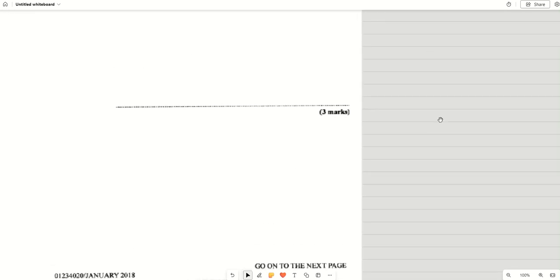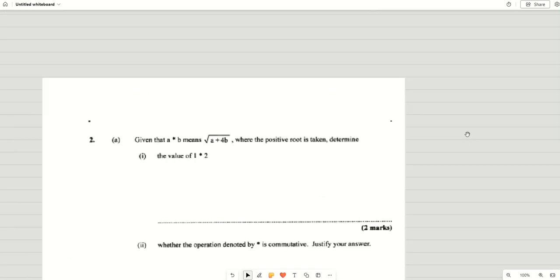Good day, everyone. Today we're going to be doing January 2018, number 2, paper 2. January 2018, number 2. Given that a asterisk b means the square root of a plus 4b, where the